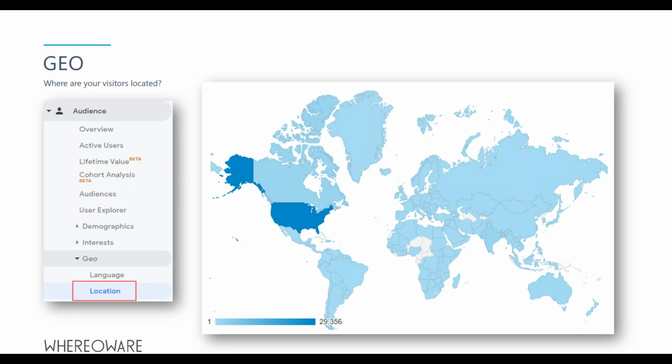In a related type of report, also under the audience panel, is the geo report, or geolocation reporting. This can also be done through language as well. We can determine the language of people that are visiting based on their browser settings. But the location, I think, is based on the IP address of the visitor. And so it presents a kind of visual diagram of a map, like a heat map. So we can see from here that the United States is the largest source of traffic for this